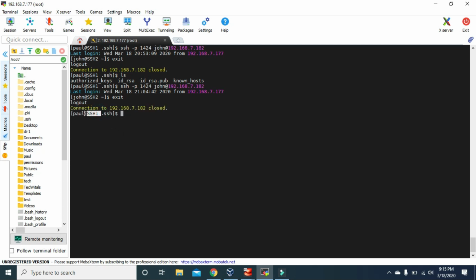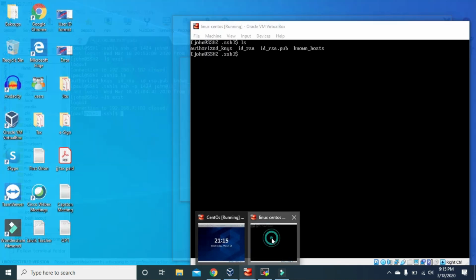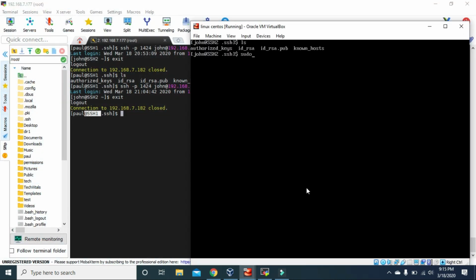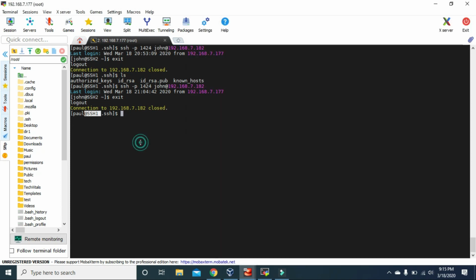So now we are in the SSH1 machine, and in the SSH2 machine, if we remove this authorized_keys file, then if we check the list, now we don't have that authorized_keys, so we don't have the public key of SSH1 anymore. So now if we try to connect to this SSH2 machine, let's press enter. Now as you can see, it says permission denied,